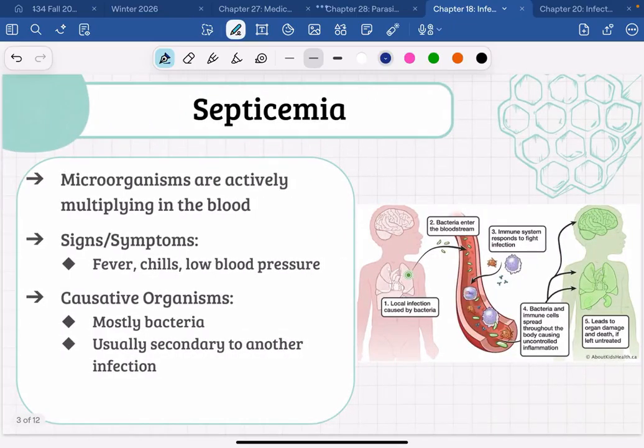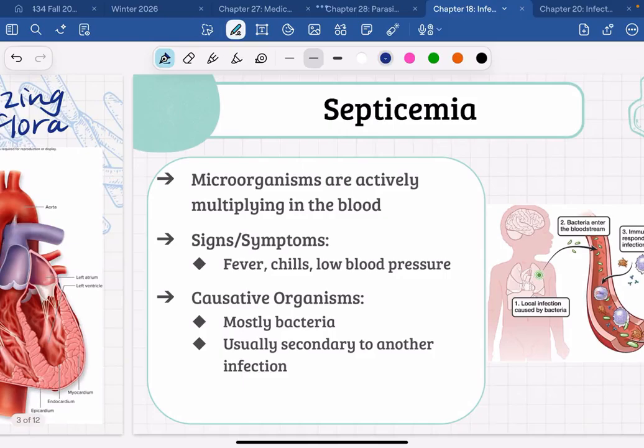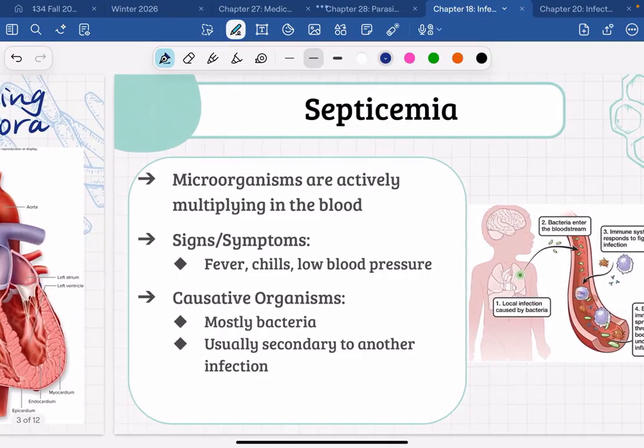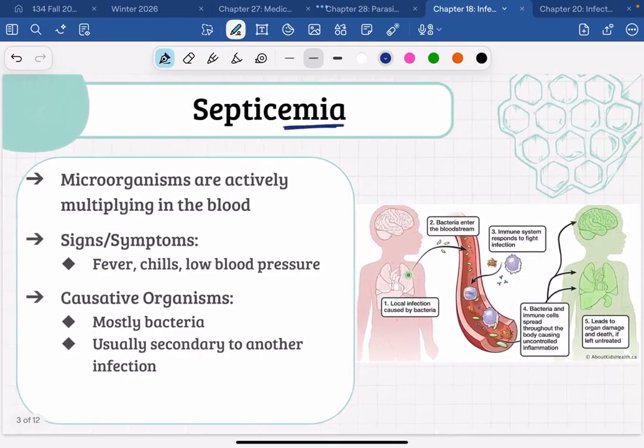All right, so the first disease that we'll talk about is septicemia. And septicemia is another one of those collections of diseases that can be caused by lots of different bacteria, lots of different viruses, lots of different parasites. All kinds of things can cause septicemia. But septicemia by itself is a generic term given when microorganisms are actively multiplying in the blood. So you have an infection. That suffix, emia, means in the blood.